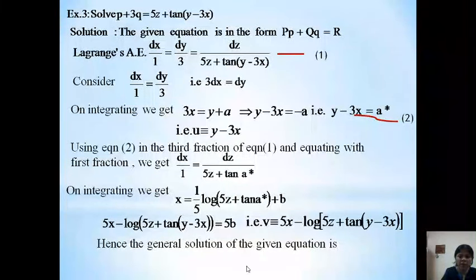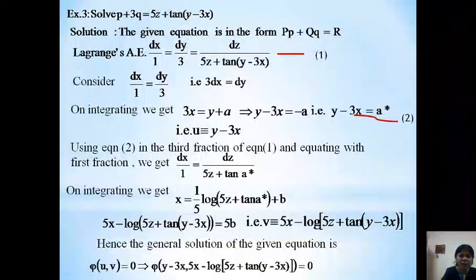So therefore the general solution is phi of u v equal to 0, that is, phi of this is equal to 0. So in this way we can obtain the solution of the given partial differential equation by making use of the method 2, that is method